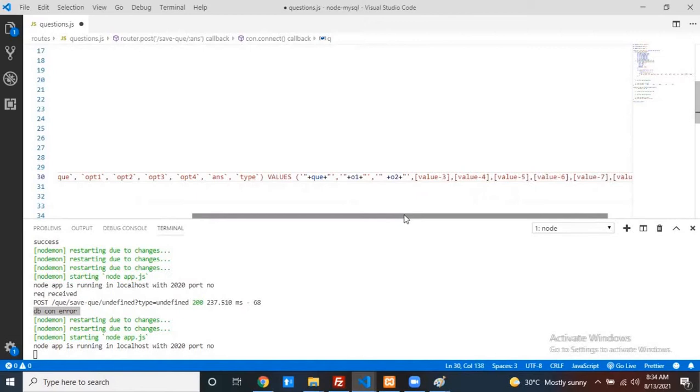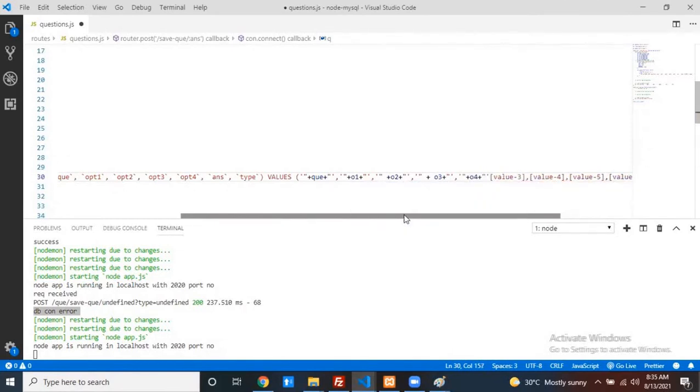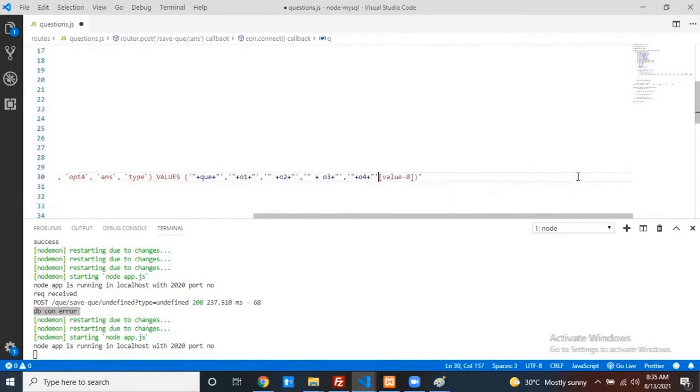Comma. The next one is what? Single quote. This is the one. Just concatenation, nothing more than that. O3 plus, this is the one. Comma. Next one is what? O4. This is the one. Up to here, just remove it. Not required. Okay, this one also you can remove. Yeah. So this, my question is this one. Okay, this is another question. Okay, this is option. At last we can find whether the query you built is correct or not.